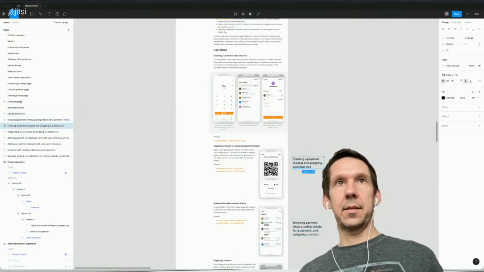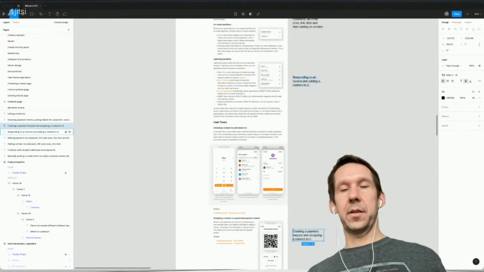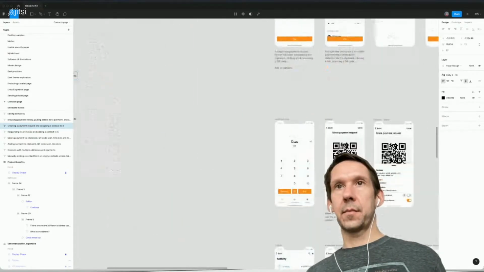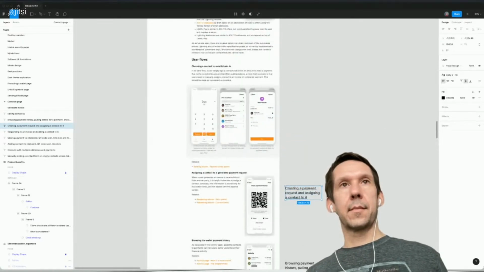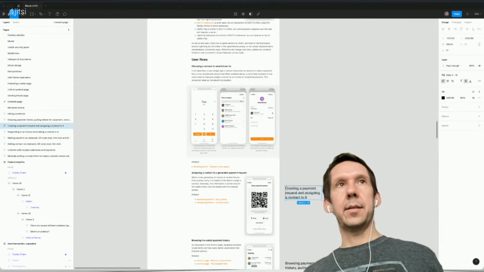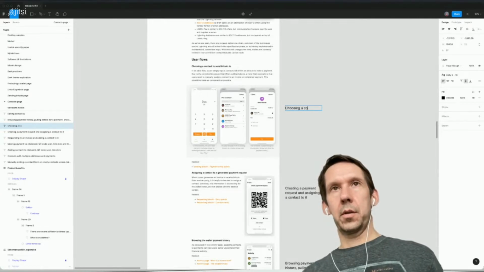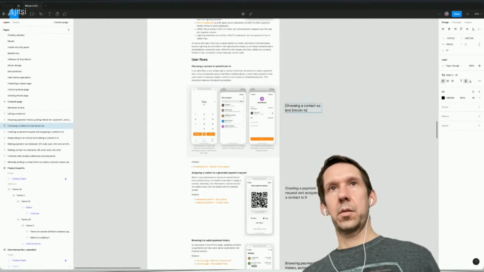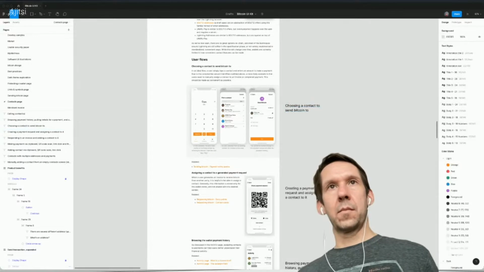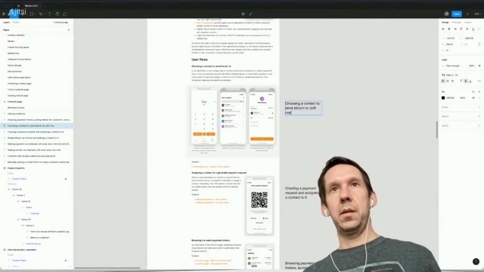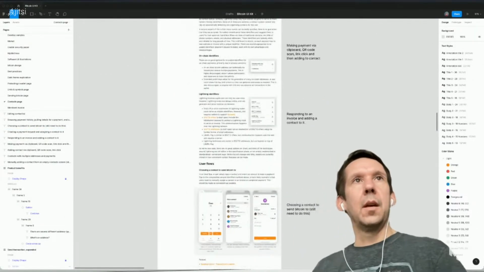Creating payment request, assigning a contact to it, choosing a contact. I don't think I've covered this one here yet, did I? Yeah, this. That one I still need to do. And this here,